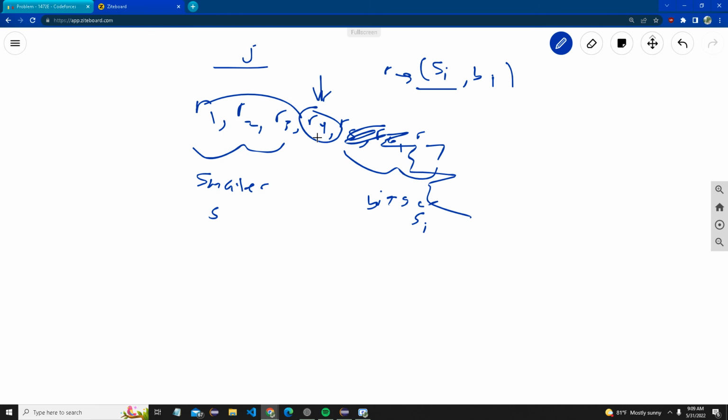Then basically, if all these people are smaller, the best candidate, the best J, is the person with the least width, because we also need J to have everything smaller. So the person with the least B is the best. If person two had the least B, then you only care about person two, because you're already guaranteed that this has a smaller S. You're not guaranteed that it has a smaller B. So to optimize the best case, you just take the guy that has the least B and compare it